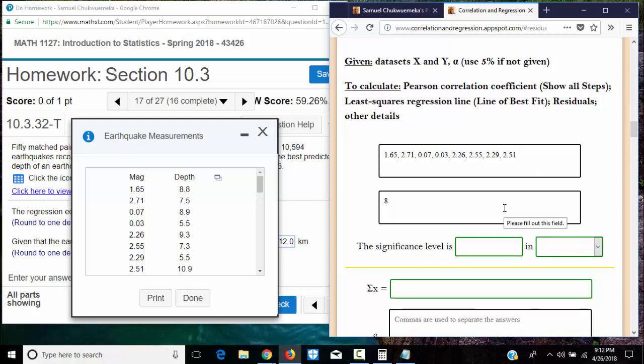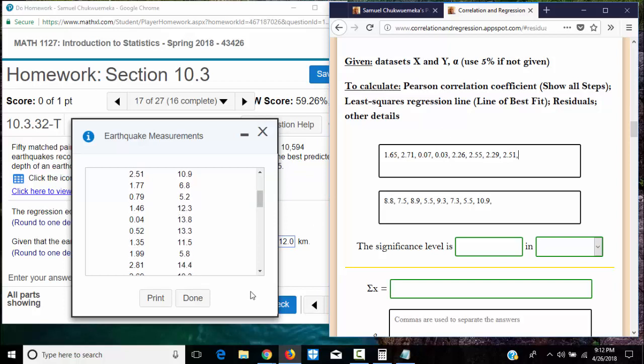Okay, for the y here, we have 8.8, 7.5, 8.9, 5.5, 9.3, 7.3, 5.5, 10.9. If you're typing this, just be careful. Be careful. Okay, so the next one,